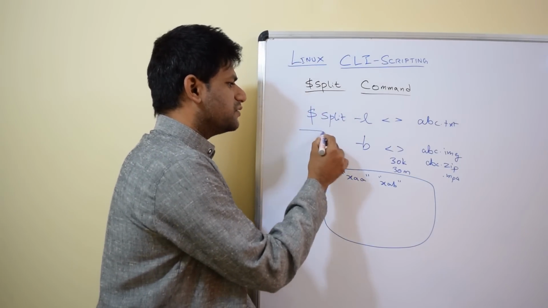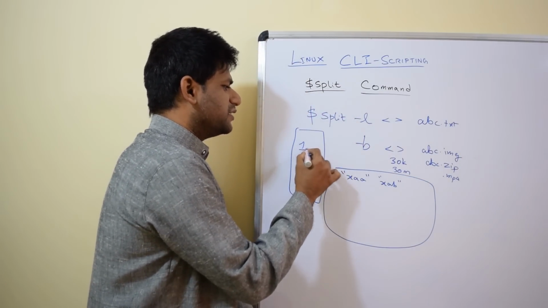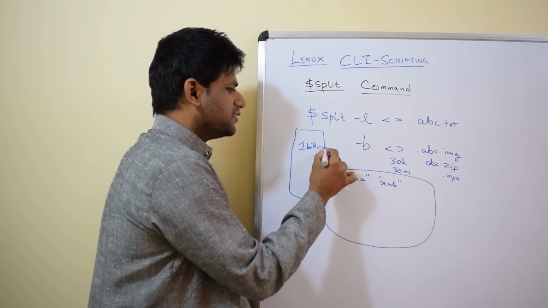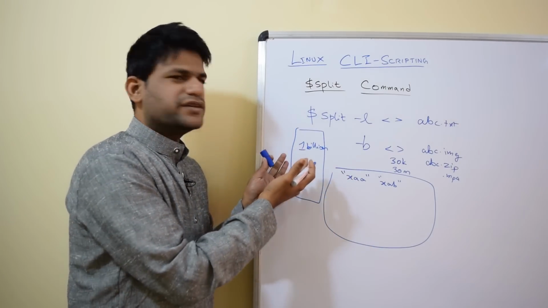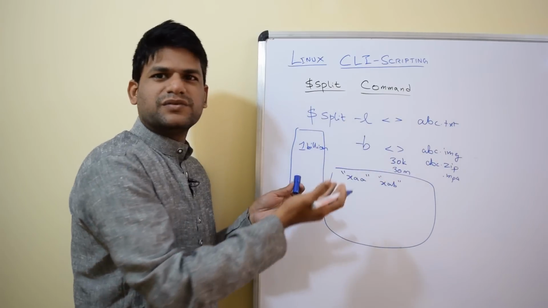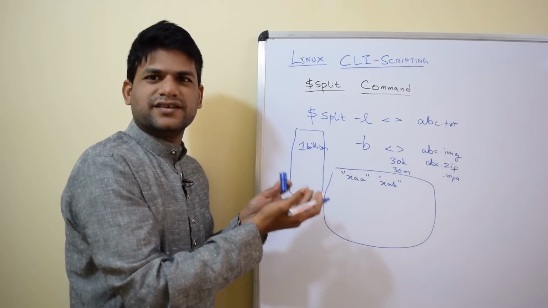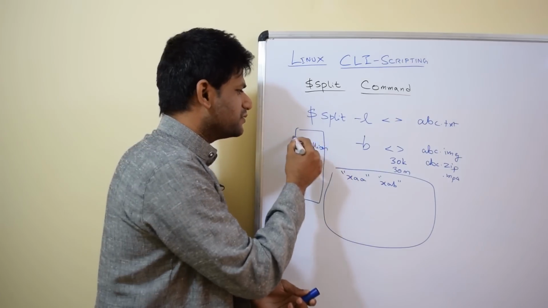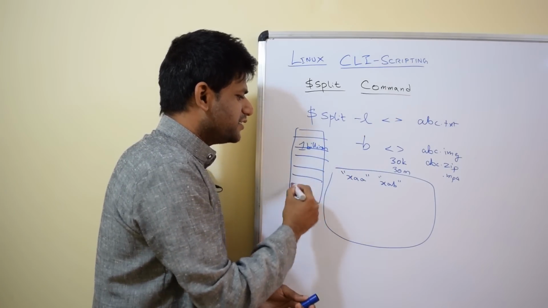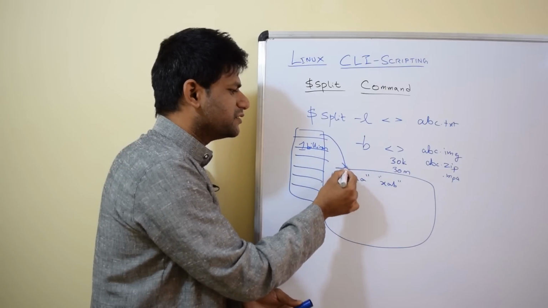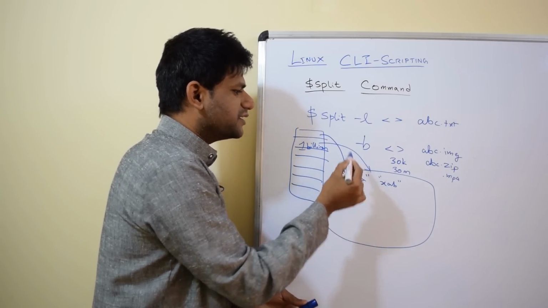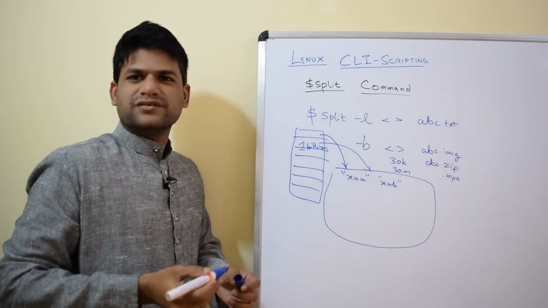So assume you have a file with 1 billion lines, some sort of CSV dump or something like that. When you do a split -l and you split with 10,000 lines each file, it will split into multiple chunks, and each of these is stored in various unique file names like this: xaa, xab and so on.